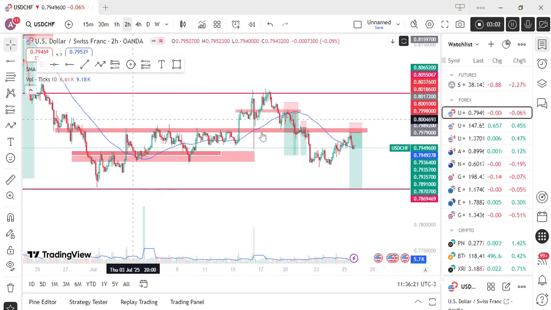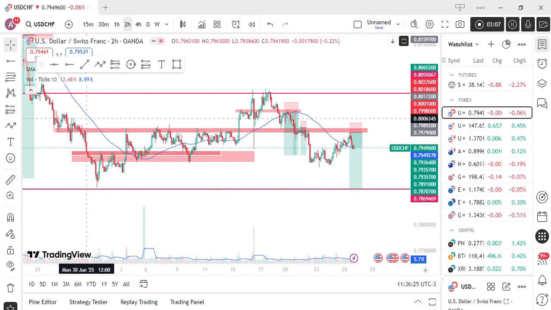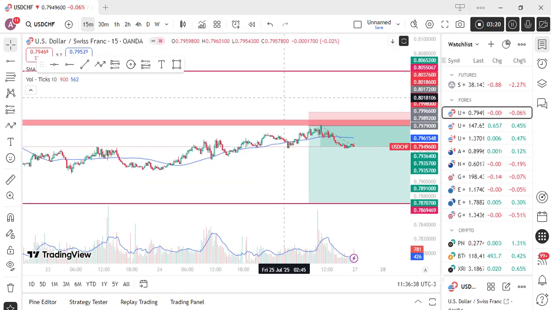Anytime the market is below this region and comes back to it, we can see that there is a move. I mean this push, this push. So that region is very important. So we will be looking for the market to come back to this region, maybe on a 15 minutes time frame.